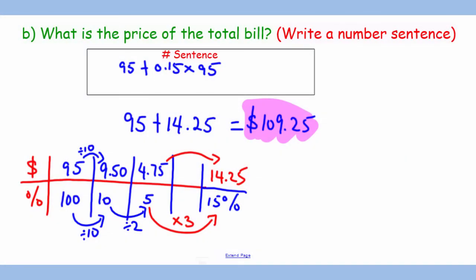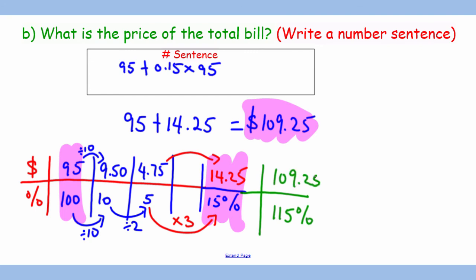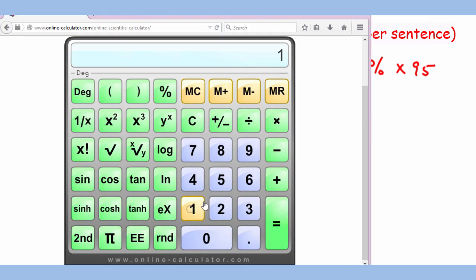Now, let's see how we can solve this question besides what we just did. This is the ratio table from the top. Let's see what happens if we extend the ratio table and connect these two together. So if you're paying 100% for your original price and 15% for the tip, you're basically paying 115% in total, which will lead you to $109.25. That means I can also write this number sentence as 115% times $95,